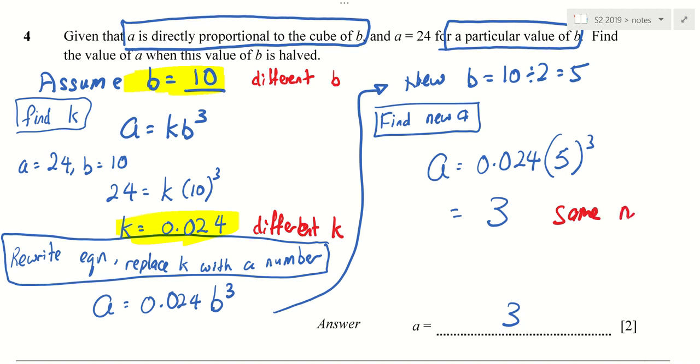Do you follow? If you choose a different B, the K will be different. But later when you sub back the B, the final answer A will still be the same. Why? Because it's direct proportional. It's direct proportional. I don't care what the value is. It will always be the same. But the K will be different. Okay. Now,